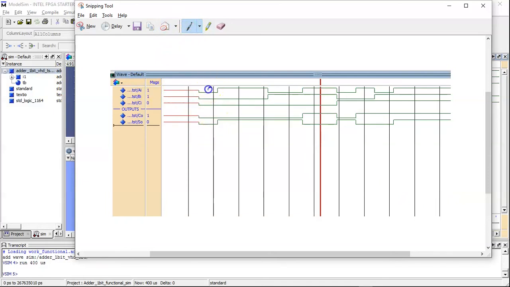So for example, you can tell that here you are inputting 0, 0, 0, and you get 0, 0. So this is okay, and this is up to this point, right? Later, all this time, you have a different input, which is 1, 0, and 0. So the output is 0 in the carry and 1 in the zoom. So it looks like the circuit works,